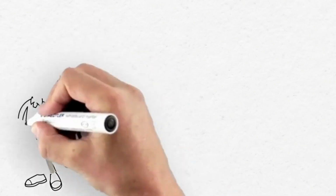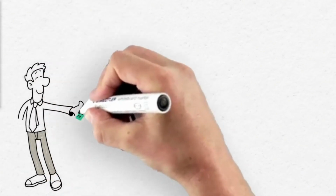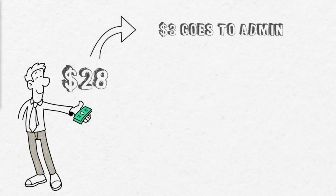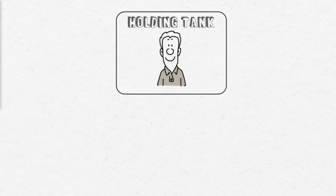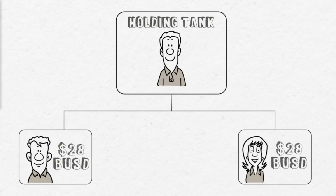How do you get paid? So, here's how it works. First thing, when you sign up, you'll pay just a single, one-time ever out-of-pocket $28 in BUSD to join. $3 goes to admin, which takes care of all the servers, website, and some overhead. Once the payment is made, you are placed in a holding tank. Your first objective is to get just a minimum of 2 people to join you with the same $28 BUSD